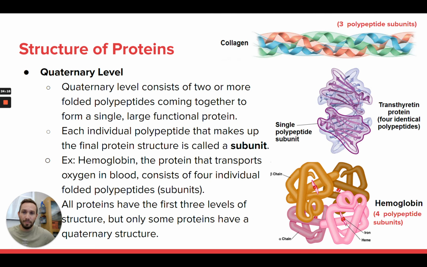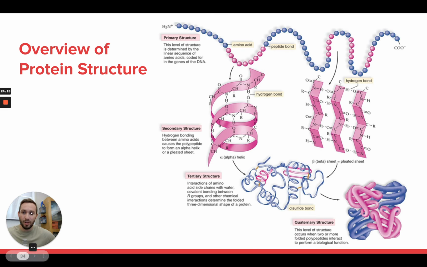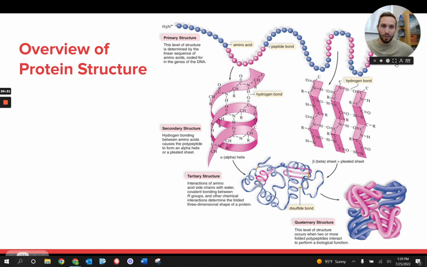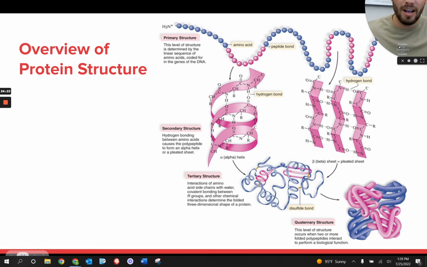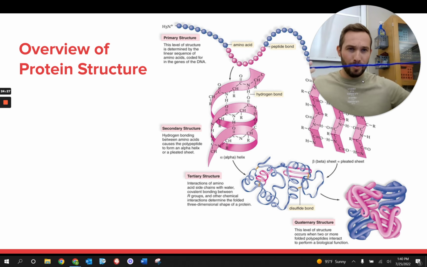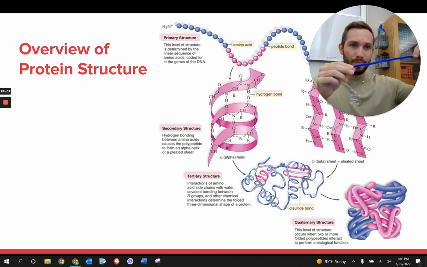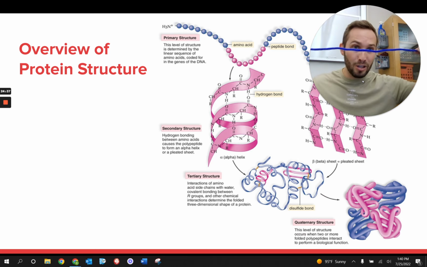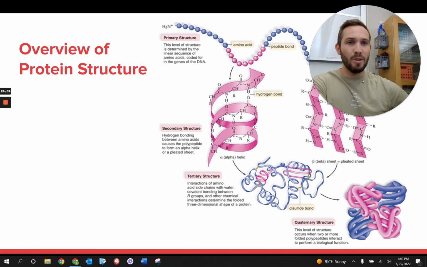I kind of want to summarize that in case a lot of that went over your head or that's confusing you. So I have an example here with these pipe cleaners, I think a great example to show what all this means. Let's say this purple pipe cleaner represents a string of amino acids. Let's say it has a lot of amino acids all linked together, right? And that sequence of amino acids,